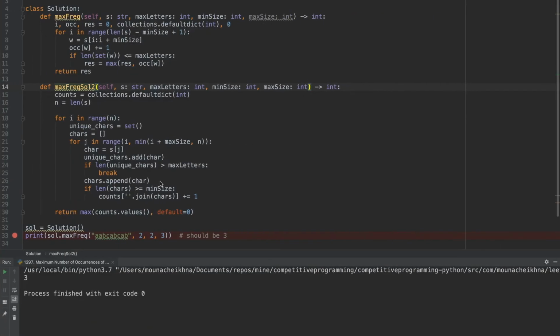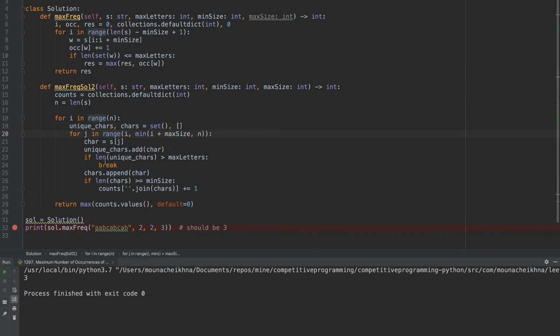This one was interesting. So we have the counts, and we go through the i, and then unique characters each time. It's a set, and we have a set of characters, right, that we are exploring, right? And then we start from i, and the minimum of adding max size. So these are potential endings, right? So we add the character, so this is the one we are exploring now, and